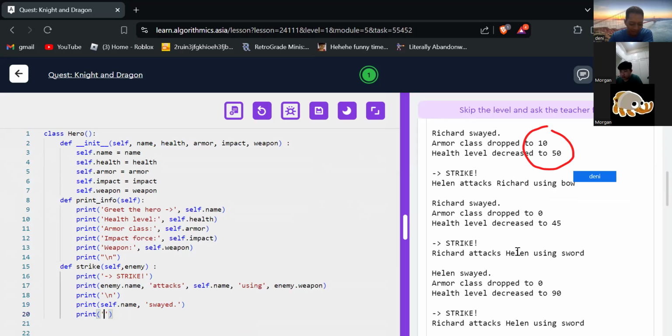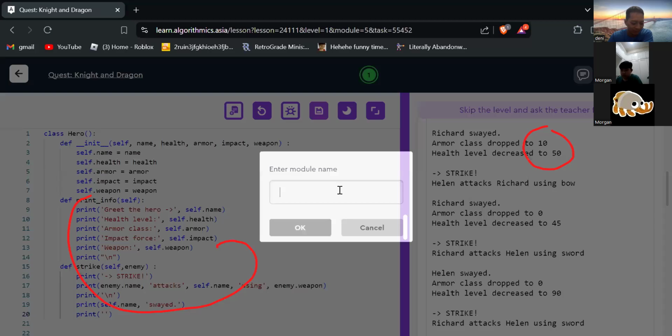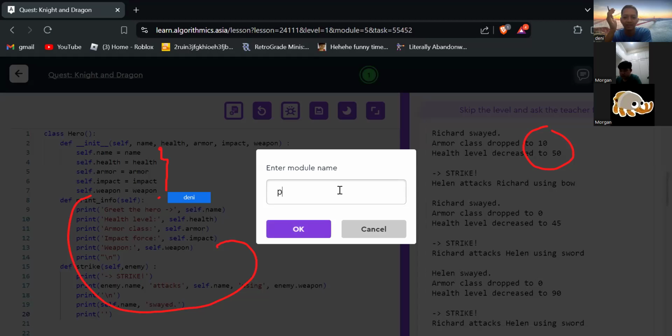But is it clear for you, Morgan, how to make the class, the constructor, and then the method, the property, feature, and so on? Is it clear?